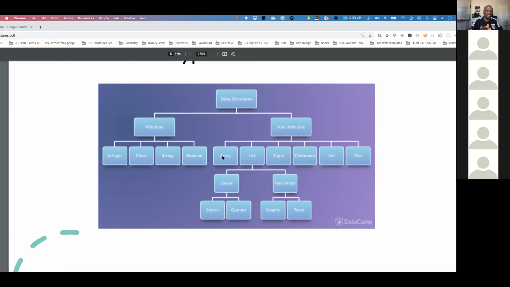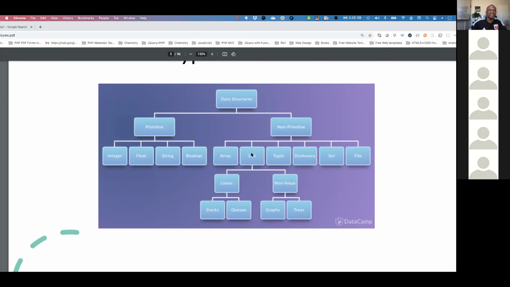Homogeneous in the sense that if it's oranges, it only takes oranges. If it's pineapple, only pineapple. You cannot mix anything. If it's people, just people in there. You cannot mix with animals. Unlike lists or tuples or dictionaries, arrays don't mix. Array is homogeneous, but these other ones like list, tuple, and dictionary are a mixed bag of items. So we have here the list, the tuple, the dictionary, and of course we'll talk about the file and the set. And then we go down.